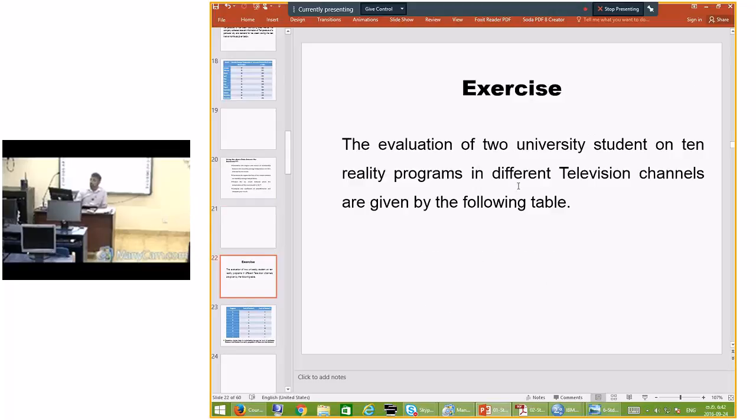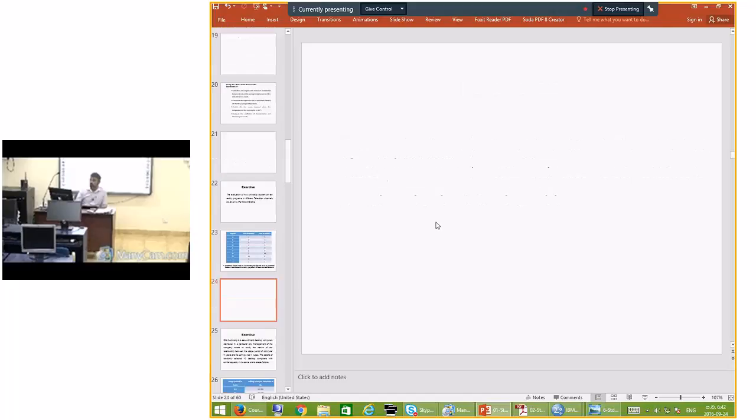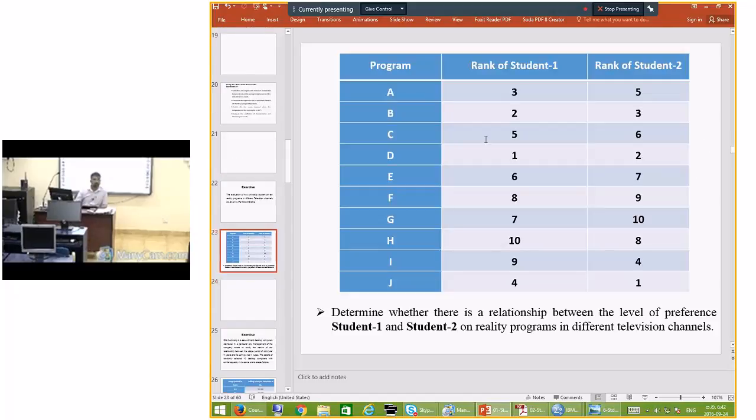Evaluation of two university students on 10 reliability programs in different television channels is given by the following table. Here you can see rank data, rank level data. Then have you discussed this formula to calculate the rank correlation coefficient? Rank correlation, 1 minus 6 d square divided by n times n square minus 1? No,